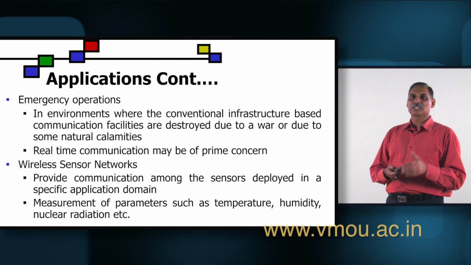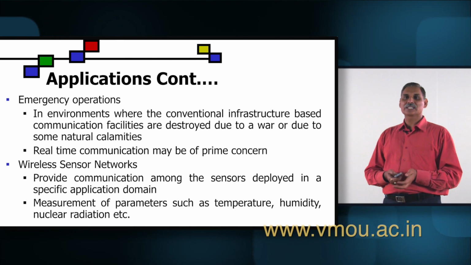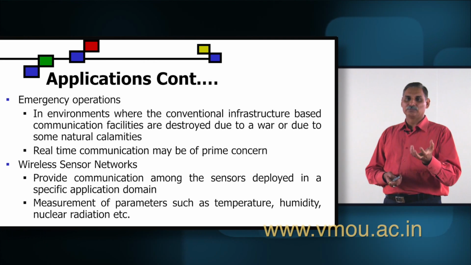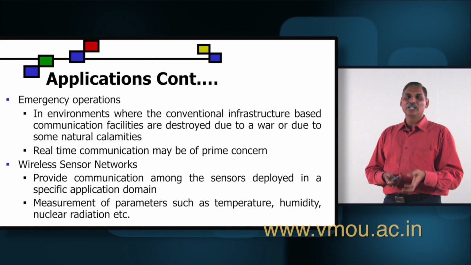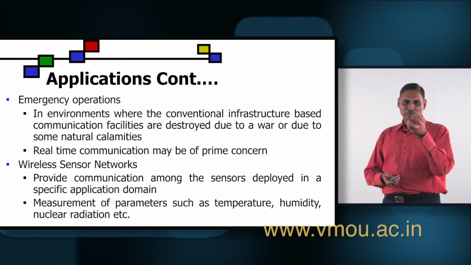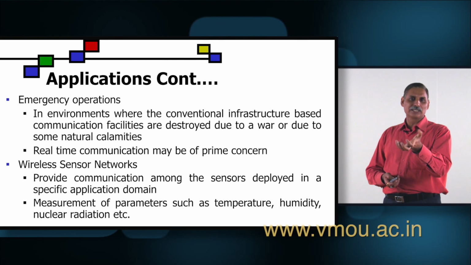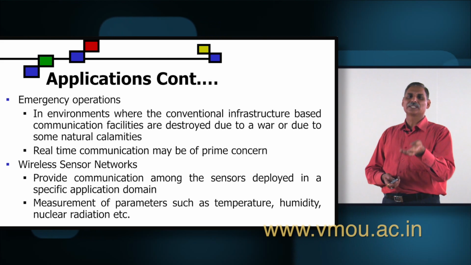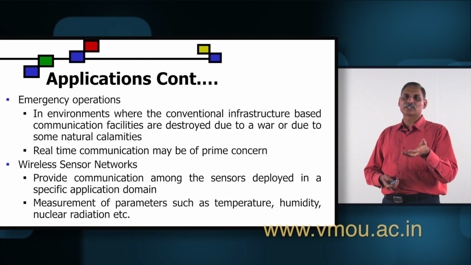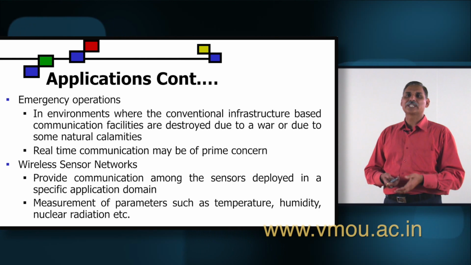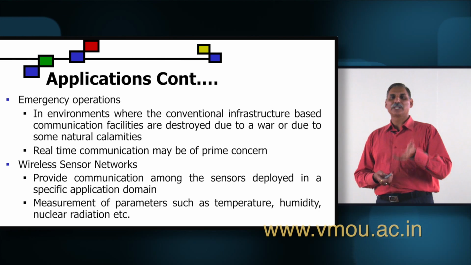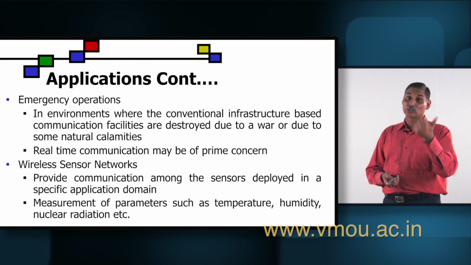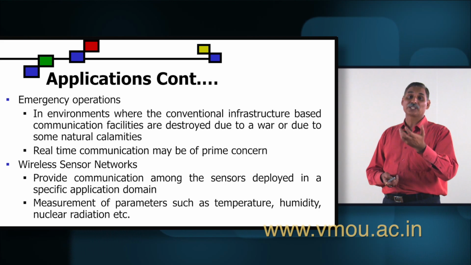Wireless sensor networks are one step ahead of it, where the devices used are sensors which sense some parameters, maybe humidity, maybe temperature, and this could be used for finding, for example, fire in the jungle, because if the temperature of a particular sensor is observed much higher than the threshold, we can say there is a possibility of fire in the jungle. So sensor networks are used for that purpose. We can also measure parameters like humidity, and if the humidity is increasing, we can look whether there is any leakage of water or something.